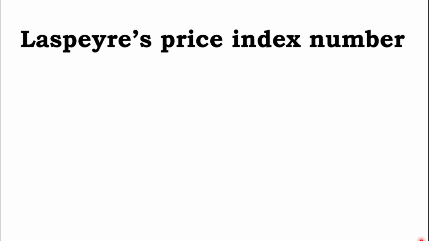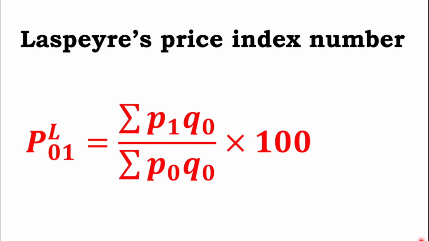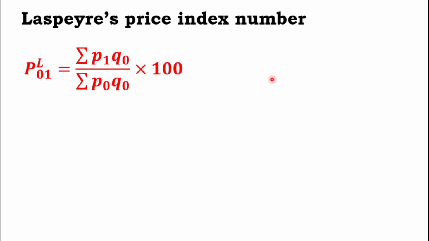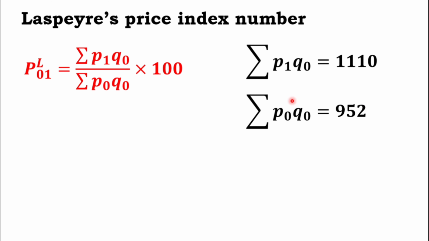So the Laspeyres price index number formula: price index number P01 L represents the Laspeyres index number, summation P1 Q0 divided by summation P0 Q0 into 100. For the Laspeyres price index number, we have the summation P1 Q0 as 1110 and summation P0 Q0 as 952, which we already got in the table. Substituting these two values in the formula,